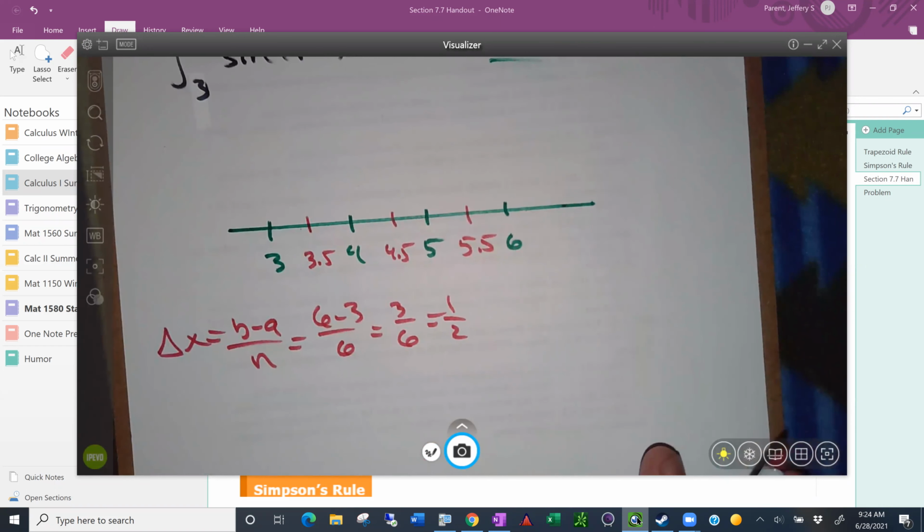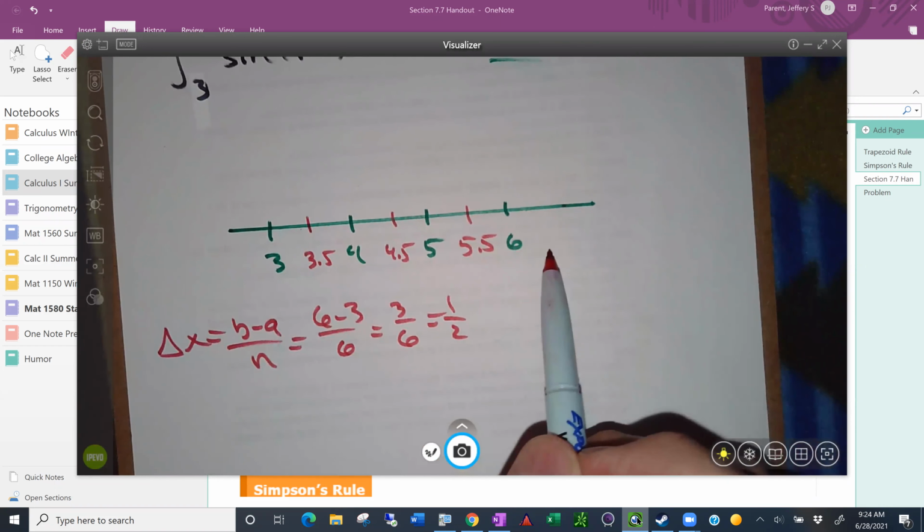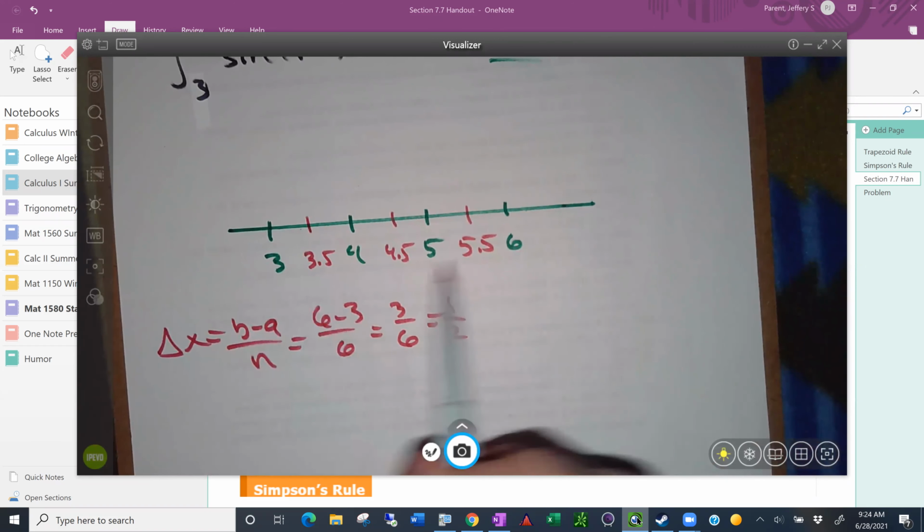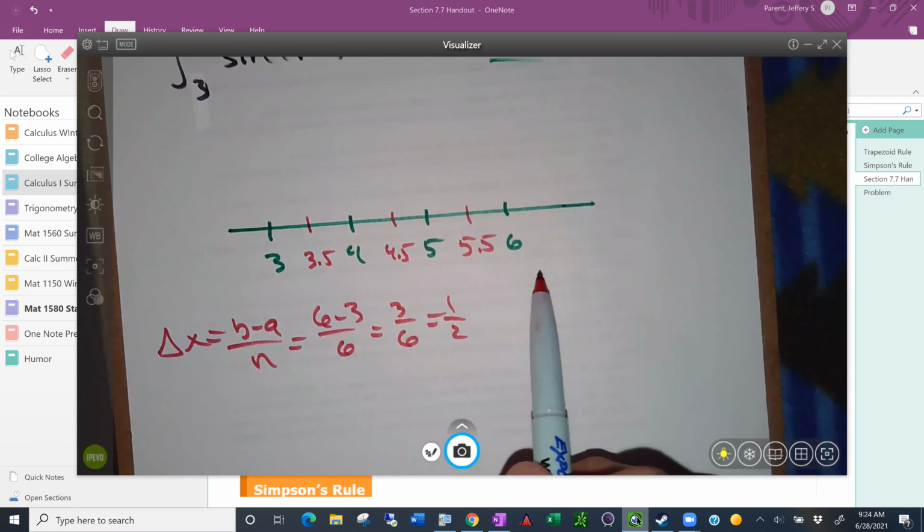What else do we need to know? Well, we've got all our points here. So we're going to be evaluating the function at these points and then multiplying it by 1/2 divided by 2 times that funky expression we get from the trapezoid rule. So what's that all look like? There's your delta x over 2 times